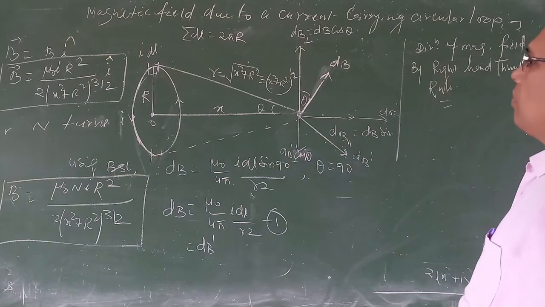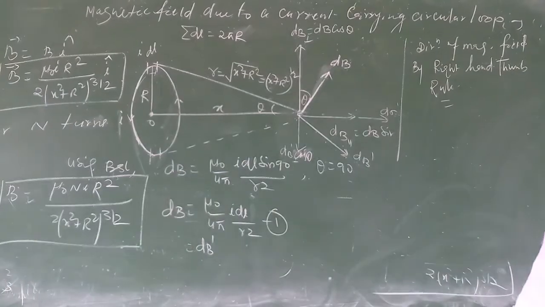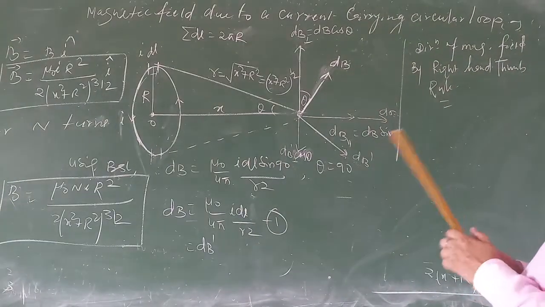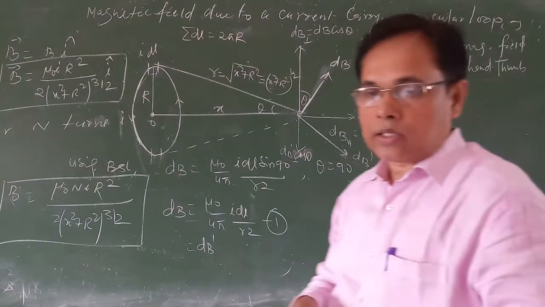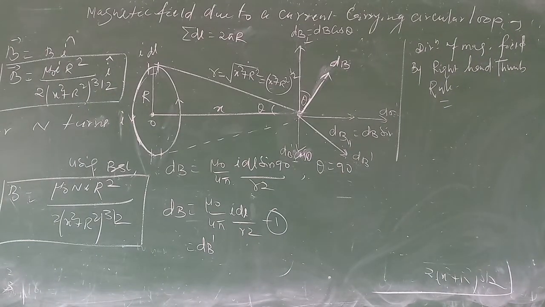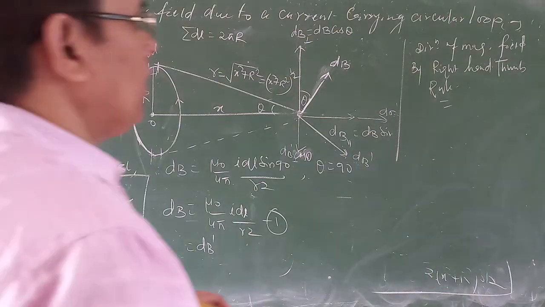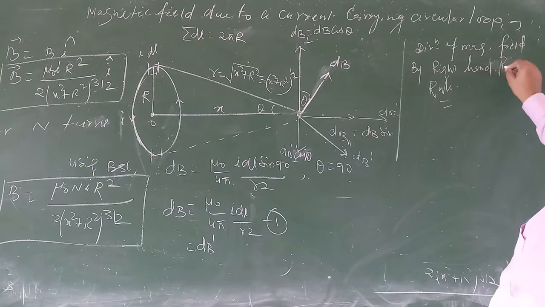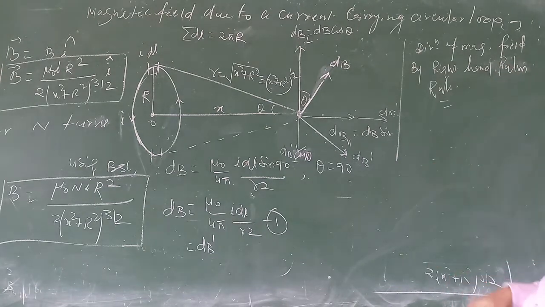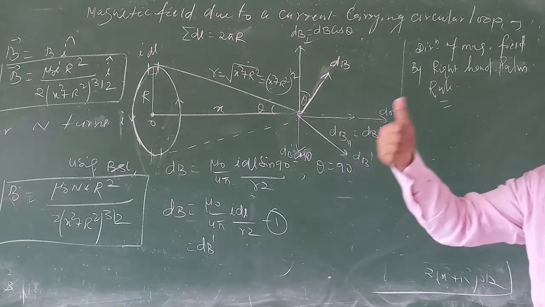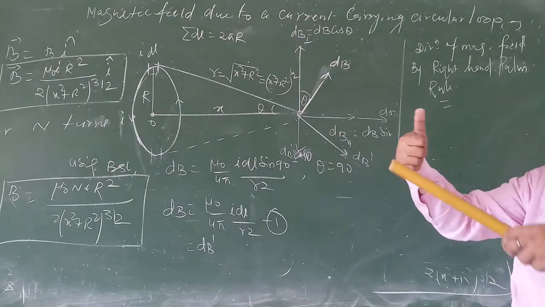Right hand thumb rule. You can use the right hand rule to find the direction of magnetic field in a current carrying loop. Right hand palm rule, you can say right hand palm rule also. You take the right hand in such a way so that the curved finger